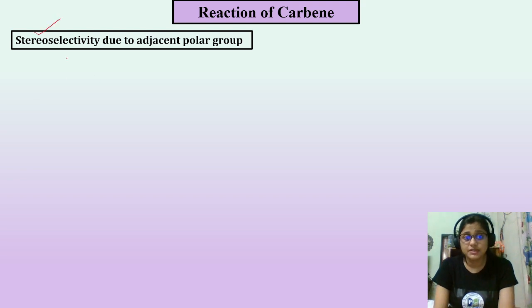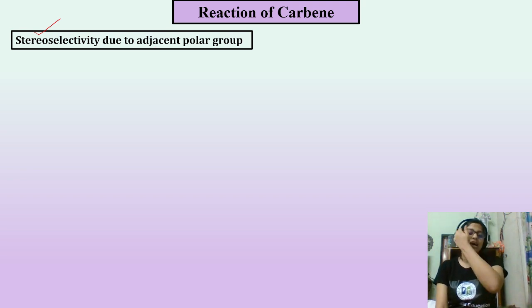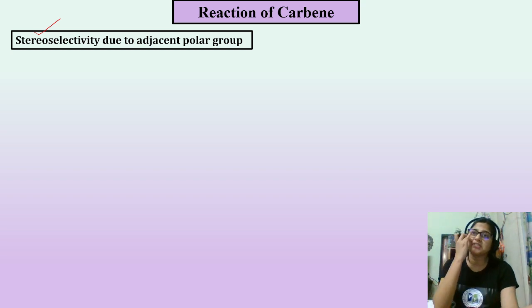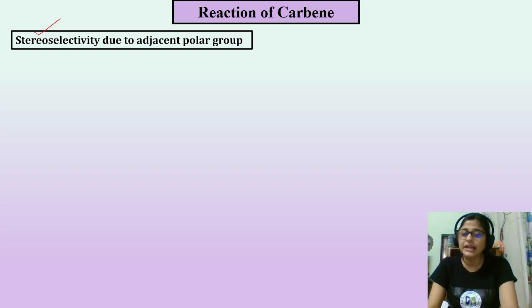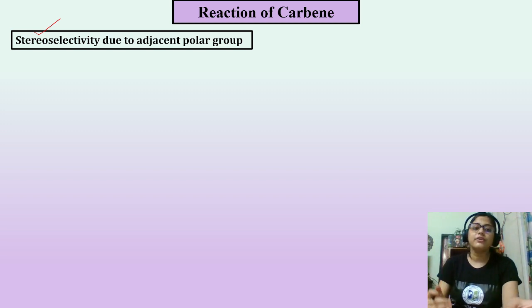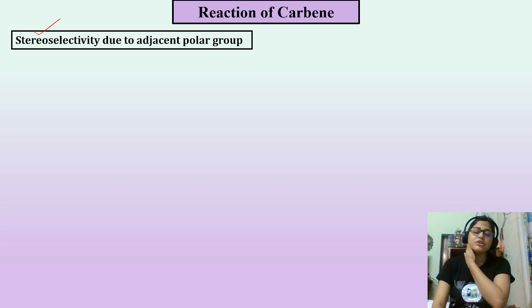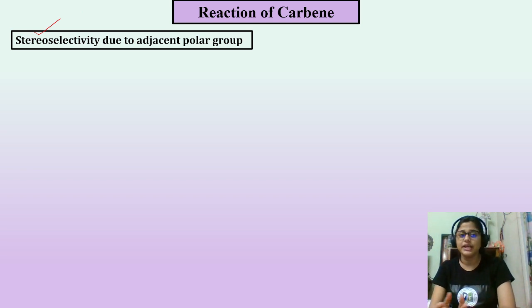Stereoselectivity comes due to an adjacent polar group. What does it mean? Here comes the novelty or difference, because we know that when carbene reacts, the cyclopropane ring will form. But then how is it a named reaction? We are using a specific type of reagent, and the yield should be better. Here is another important thing: a stereoselective product will also be formed. This is not usual, because singlet gives you the stereospecific product, but here a stereoselective product will also form when an adjacent polar